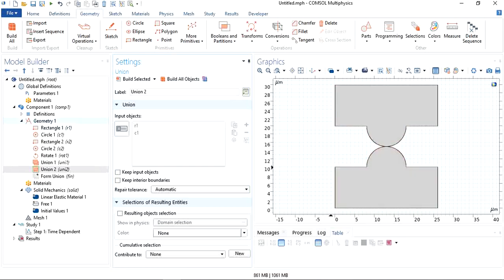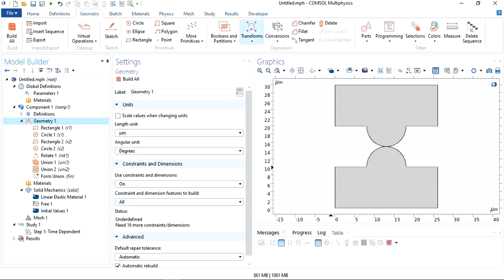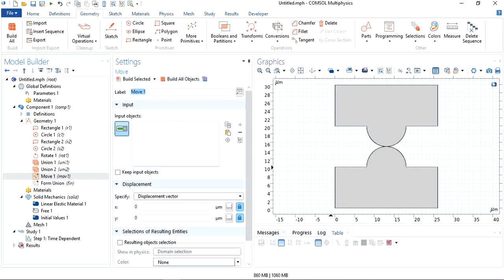Now we have to use a geometrical command. Once again we have to go into Geometry, and we have to do Motion, because we have to move these top asperities. So I will give motion. I will select this top linear, and I will keep it as it is. Now what is the next step? Next step,